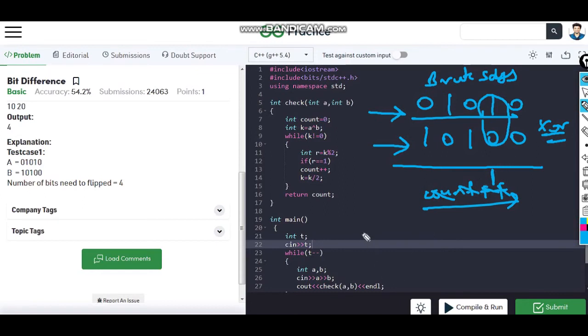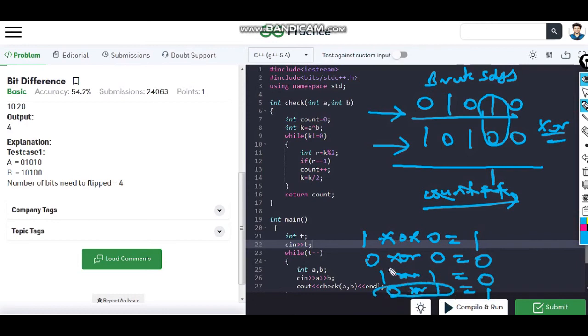As you know the property of XOR: 1 XOR 0 gives 1, 0 XOR 0 gives 0, 1 XOR 1 gives 0, 0 XOR 1 gives 1. So whenever there is a difference in the bits, you will get 1 as an output. So here 0, 1, 1, 1, 1, and now just count the number of set bits in this binary representation.